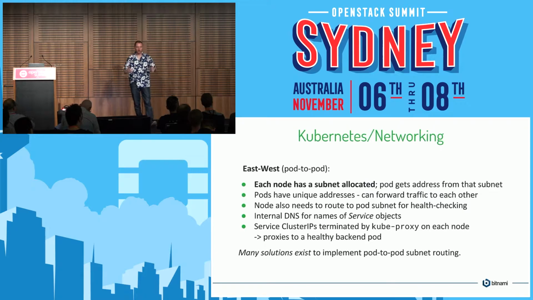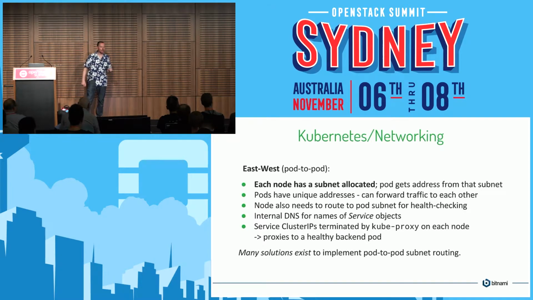So I'm going to mention it several times in this talk. Don't get carried away with Kubernetes networking. It is very simple. It's also layer 3 only. So each pod gets an address. They don't get to choose their address, which means there are no overlapping addresses, unlike OpenStack. Every pod has a unique address, which means we can do network policy simply by iptables firewalling. There's no fancy stuff we have to worry about. There's no isolated L2. There's no overlays. There's none of that sort of stuff because it's just layer 3 networking.